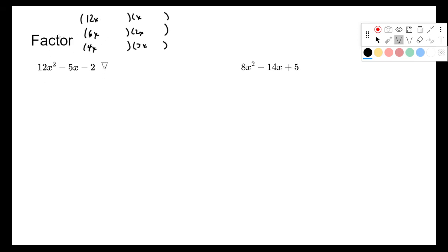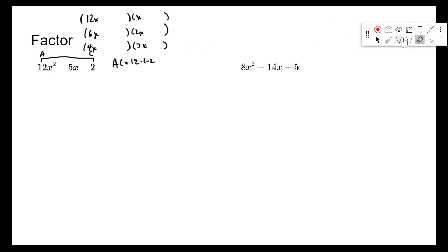The first thing we're going to do is check and see if there's a GCF. We've got a 12, a 5, and a 2. Nothing's in common in all 3. We've got an x squared, an x, and no variable, so nothing I can take out. So we're going to try the AC method. The AC method is going to take us and multiply the A times the C. So AC multiplied is going to be,